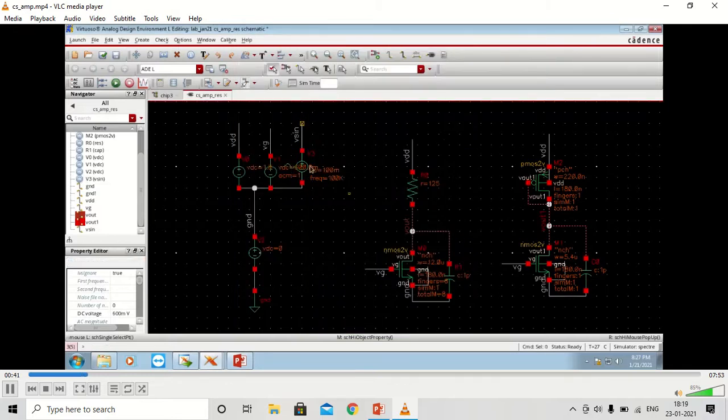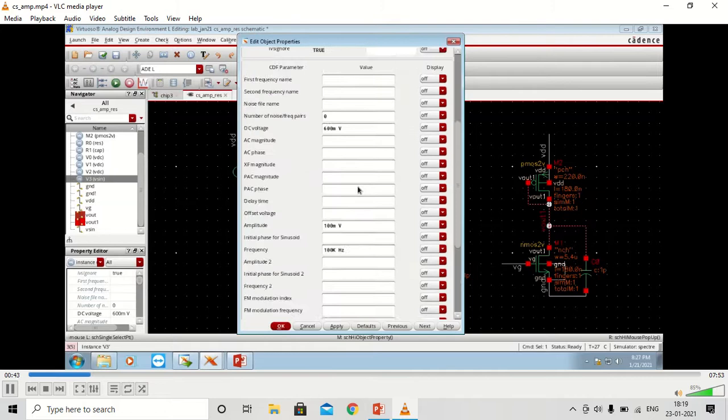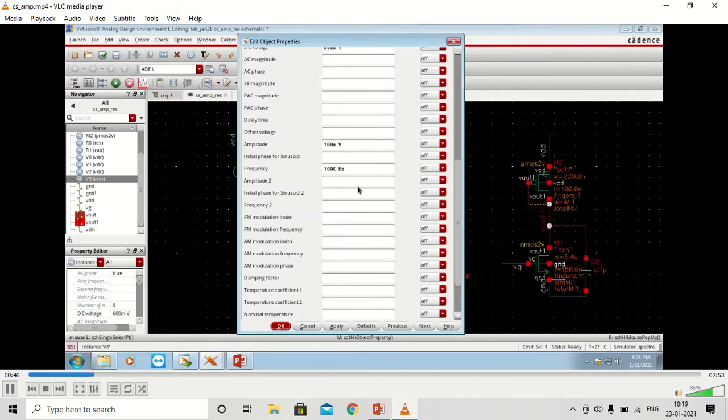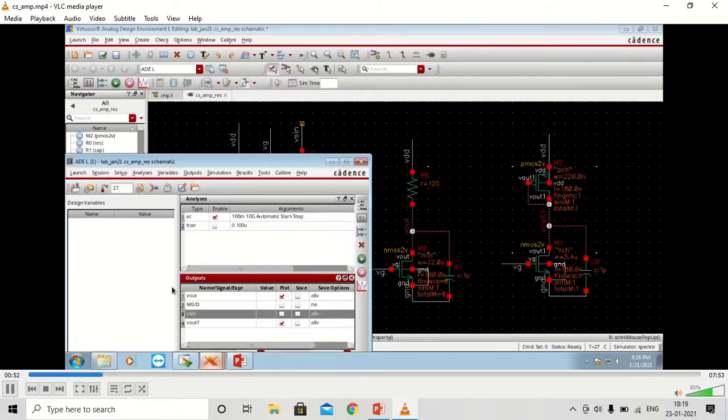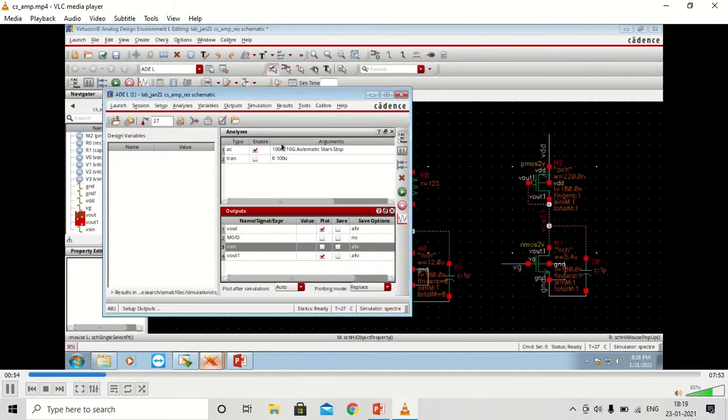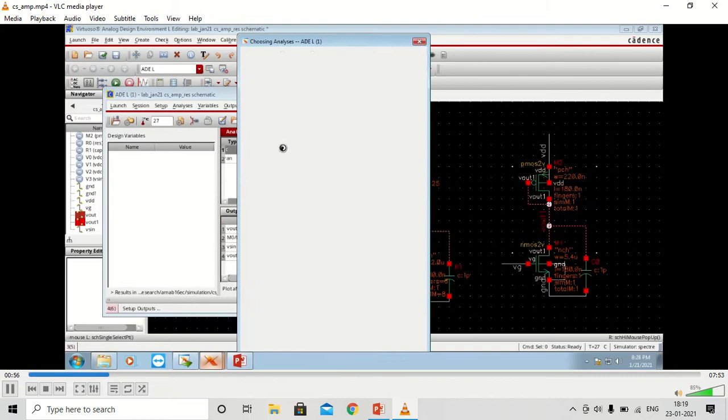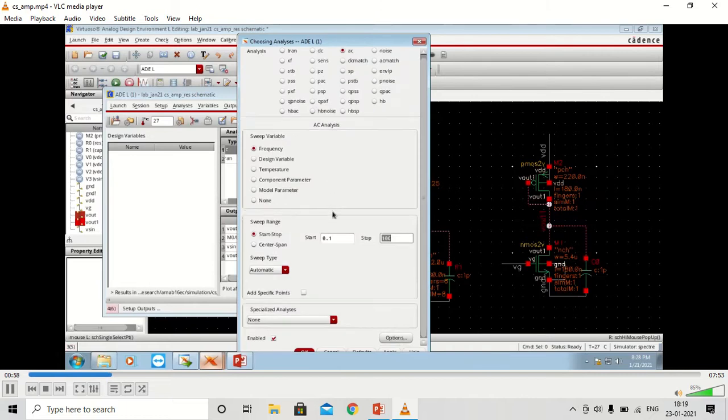So first we will see the frequency response of the circuit, and then we will see the time domain response. In a similar way, we will use the ADE L simulator. So this is our AC waveform. We'll do this frequency analysis. We have to give the range of frequencies.